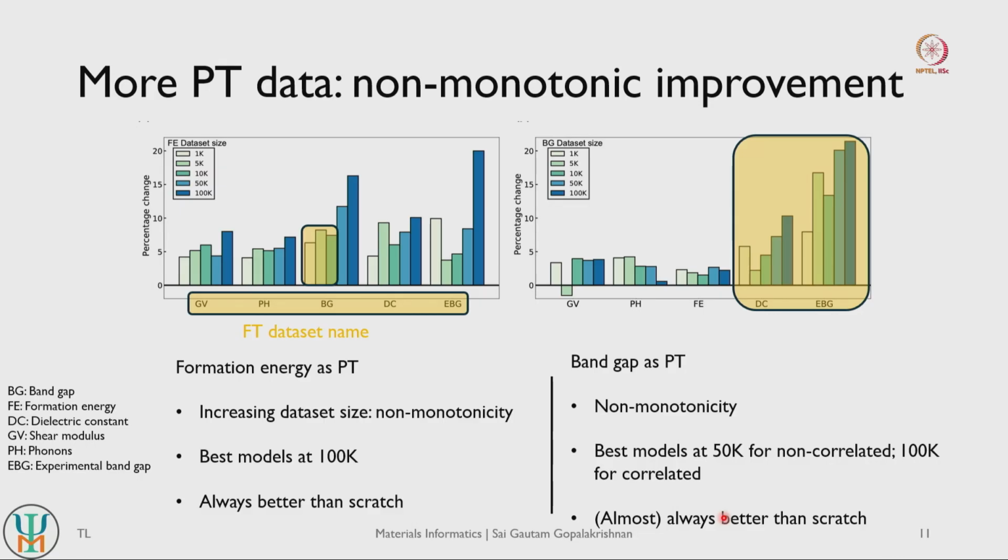So it's better to use about 50,000 to 100,000 data points; that almost always gives you good performance. But if you use too few data points, you can get inferior performance compared to scratch, right? So this is something to note. The way the data set is distributed during pre-training, and not just the size, may also influence how efficiently your models perform during your transfer learning exercise.